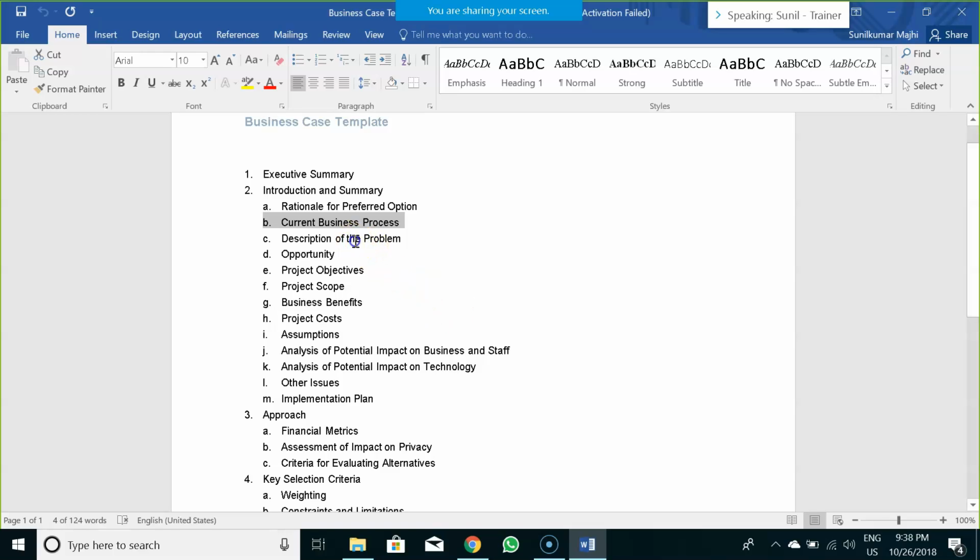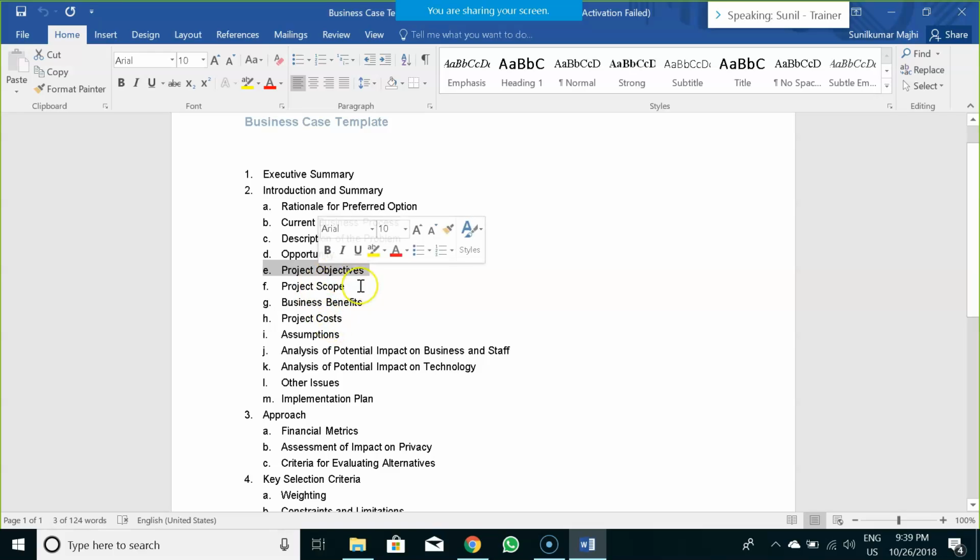Now what do we describe in the description of the problem? We just outline the basic problems that might arise or the opportunity which is directly addressed. Essentially the challenge the business is facing at this point of time, or in other words, the reason behind initiation of the project. That would come under description of the problem. Opportunity is how we see this problem and what potential solutions we could give to the customer. Those solutions would ultimately lead to opportunities.